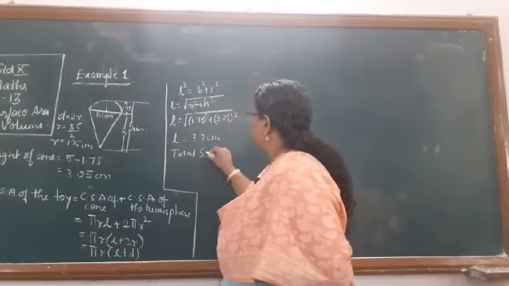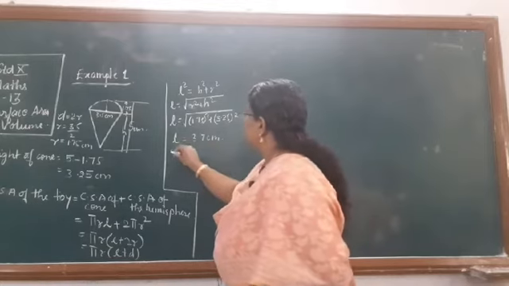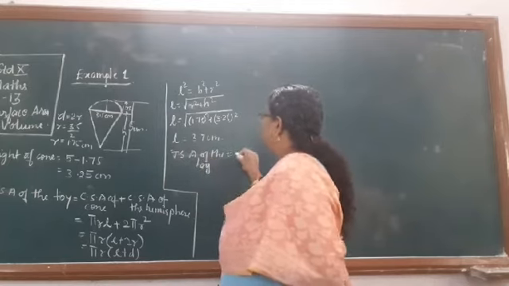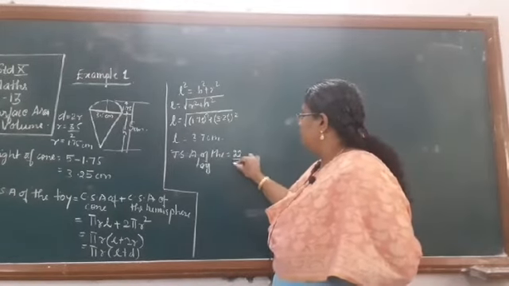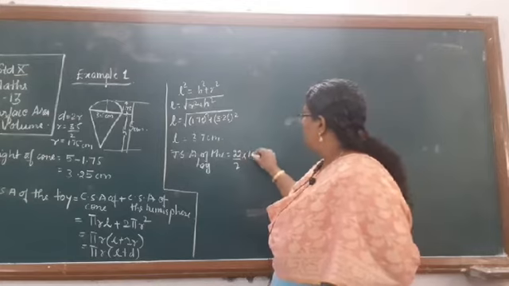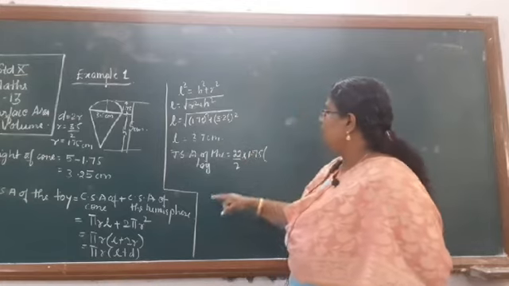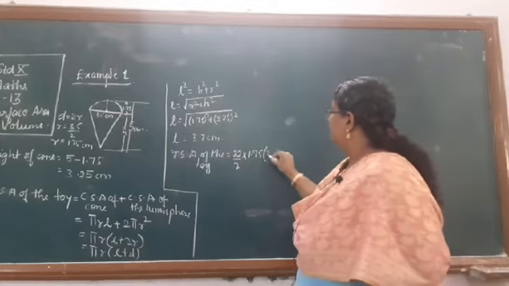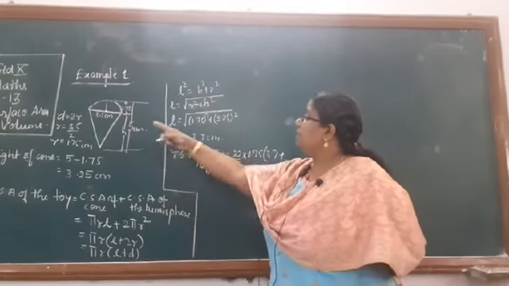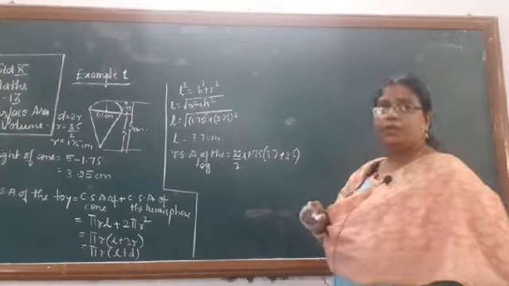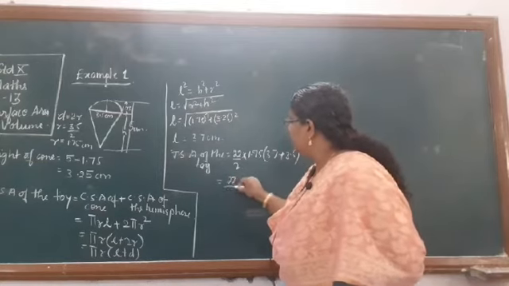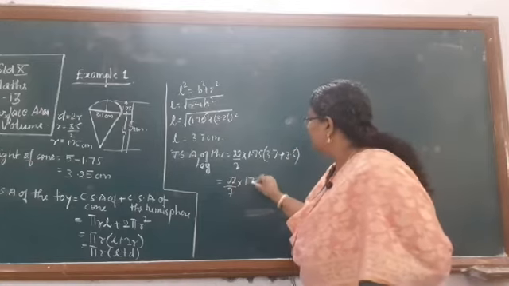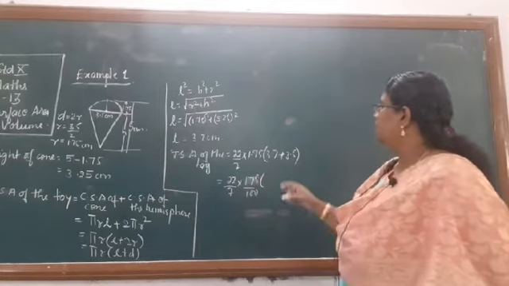Total surface area, or I'll simply write it as TSA of the toy will be equal to pi is 22 by 7 into r is 1.75, okay, into L क्या है, L we have got 3.7, okay, plus h हमारे पास है already 3.5, okay, so that is equal to 22 by 7 into 1.75. 1.75 को तुम लिख सकते हो 175 by 100,